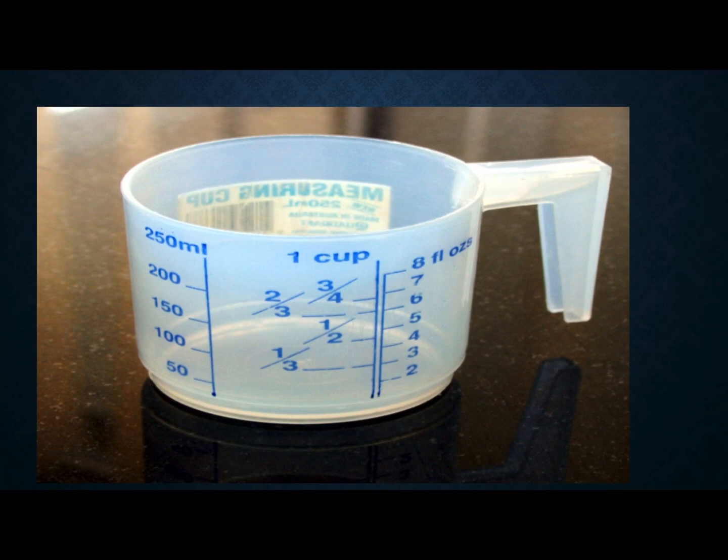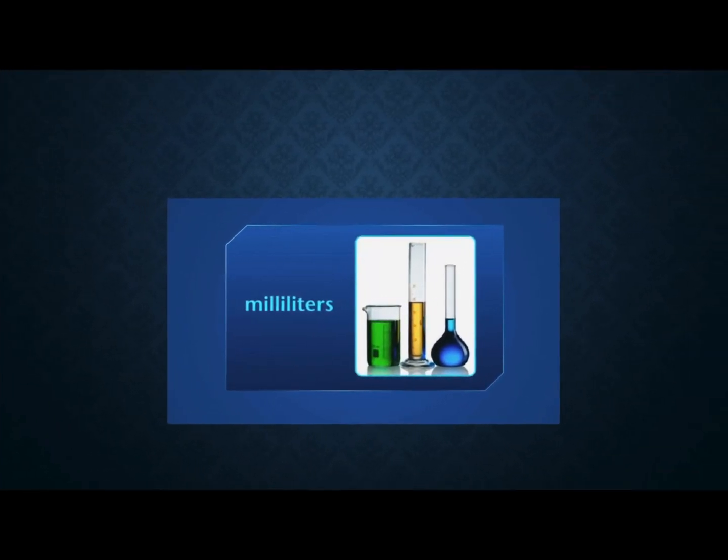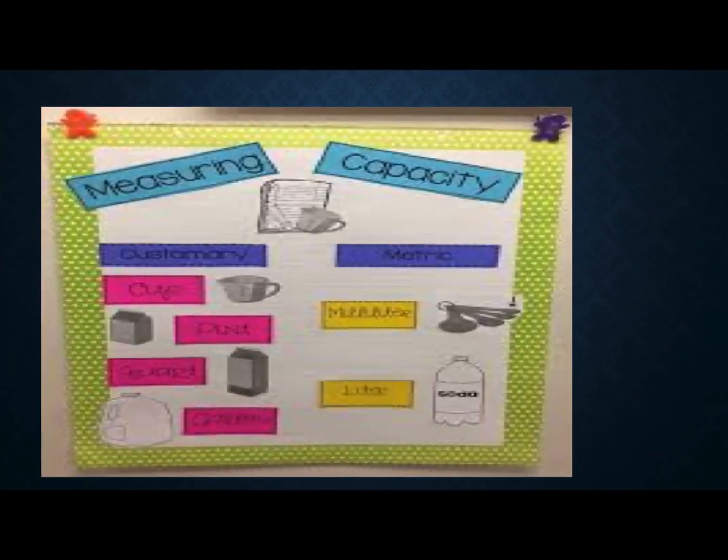Now look at another cup. This is again a measuring cup. On one side it is marked 2 by 3 or 3 by 4. So everywhere you will get 1/3 of a cup, half of a cup, 2/3 of a cup, 3/4 of a cup. So by this measuring cup you can take the amount of liquid. So these are the milliliters. These show the capacity of containing liquid in milliliters, and milliliter is the smallest unit of capacity.